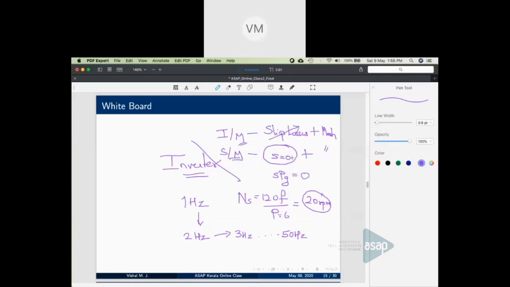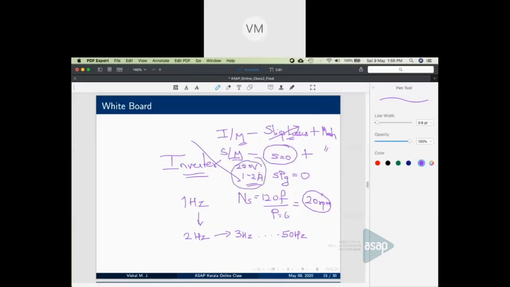Now you may ask me, see, a synchronous machine has excitation losses because we have to feed in DC current to the rotor poles. Definitely that is there, but magnitude wise, that will be much smaller than the slip losses. Why? Because we are feeding say 220 volt DC, and the maximum field current would be 1 or 2 amperes only. So the maximum loss you can experience is hardly less than 500 watts, whereas slip losses will come into kilowatts of power for high power machines. That's why a synchronous machine is far more efficient than an induction machine.